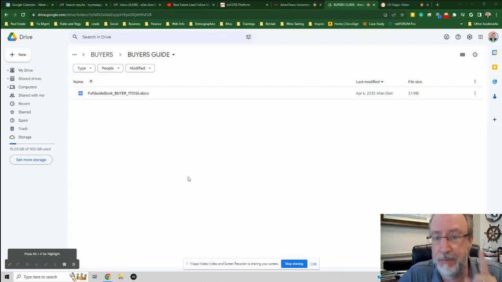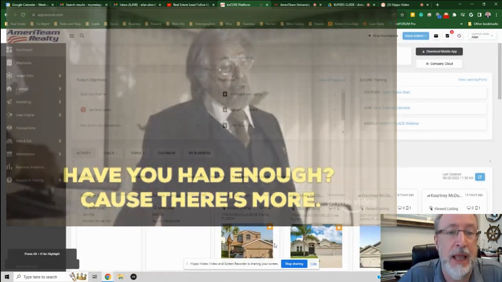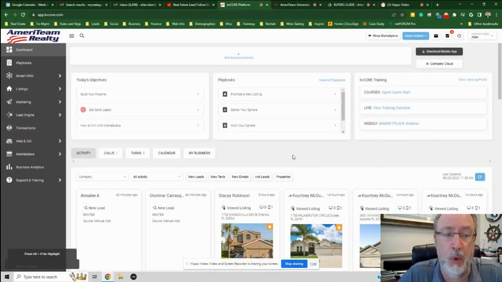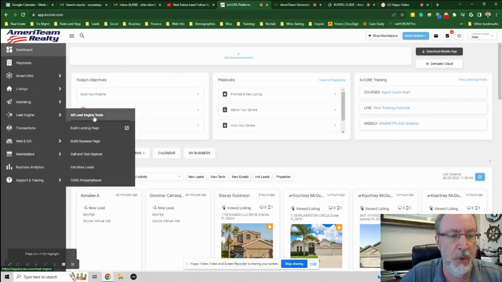One added benefit before I go, because I know this is supposed to be fast, is our very own KV Core. So if you have ever gotten into drip campaigns, I know we talk about them, but when you go into KV Core, this is your login dashboard. You come down here to marketing, go to smart campaigns,